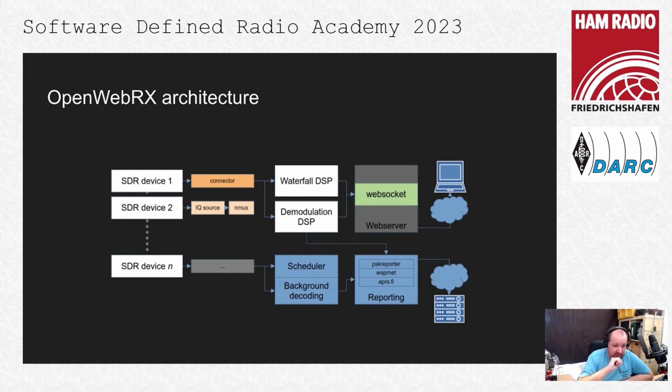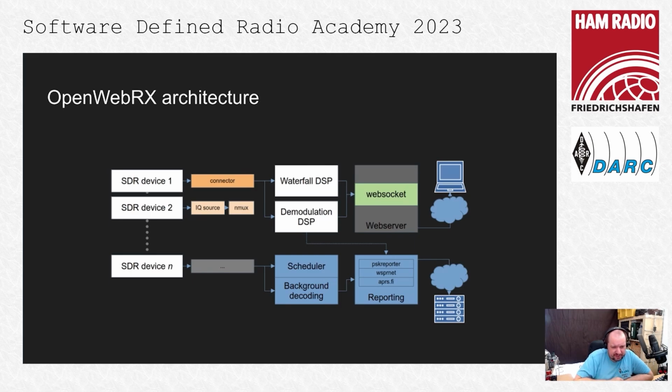And then we have the demodulation DSP, as I've called it. That is actually where the audio and potentially any additional metadata that you're going to see on your screen is produced. That part is, if you set AM as your receiver mode, that part is where AM will be switched. Now, the data of both of these things together is combined and sent over a WebSocket to your client, PC, laptop, whatever you're using. And there it is rendered inside the web interface.